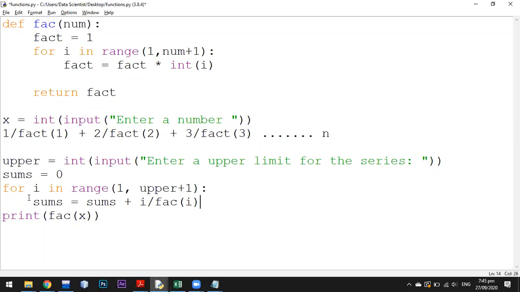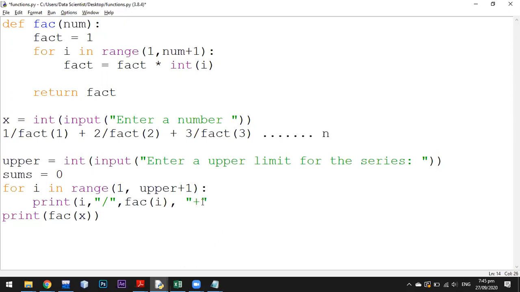Okay, so before calculating the sum, let's print that first. So just print it so that you can see how it will work. Print I comma, we want to show a divide sign, and then factorial of I. Okay, and then a plus sign after every term.